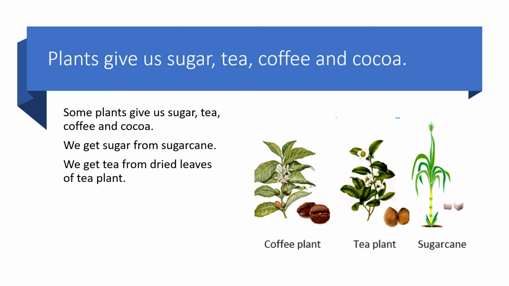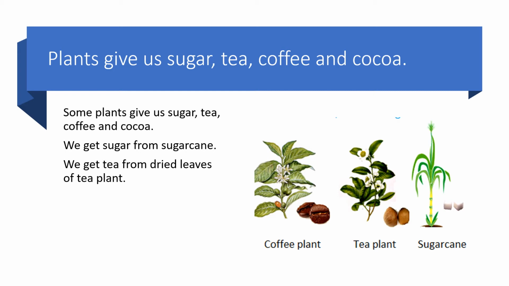The hot drinks that mommy and daddy have in the morning, tea and coffee, and the sugar added to it, where does it all come from? Yes, these are also products of plants. The seeds that you see beside the coffee plant there, they are the coffee beans. These beans are ground and powdered, and you get the coffee powder. Tea is got from the leaves of the plant. The leaves are dried, crushed, and you get a lovely tea powder.